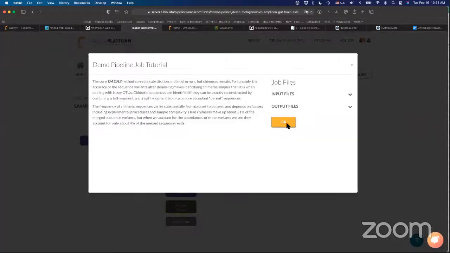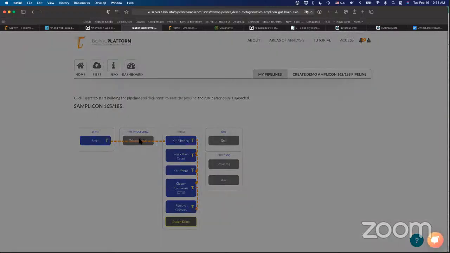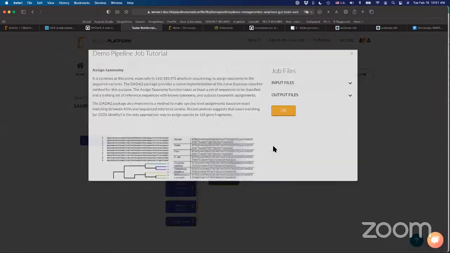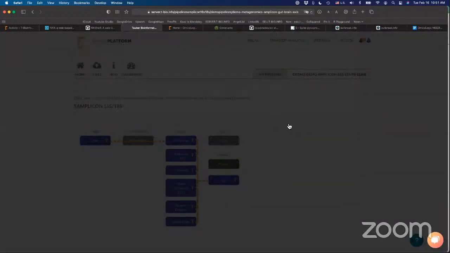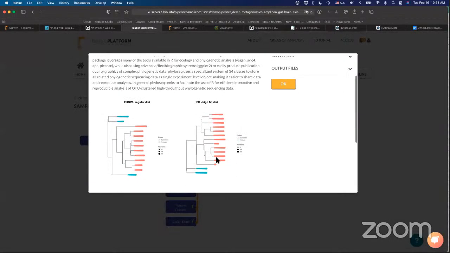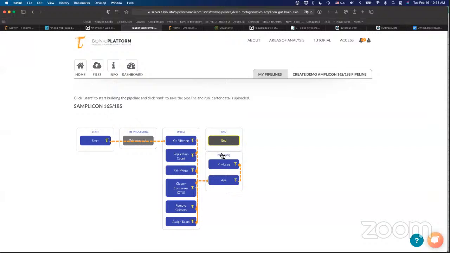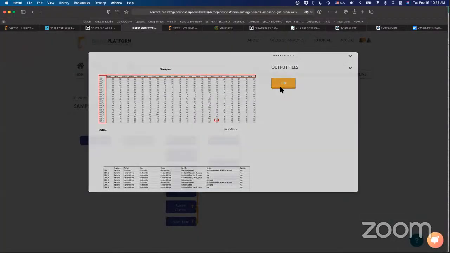Again, those are reduced from chimeras, assigned taxon by looking at the database, and then we can build a phylogenetic tree that can actually help classify differences between microbiota. So here we use an R package, Phyloseq, that is going to be used for visual outputs of this